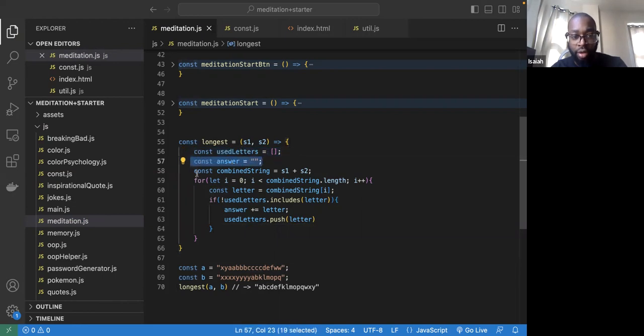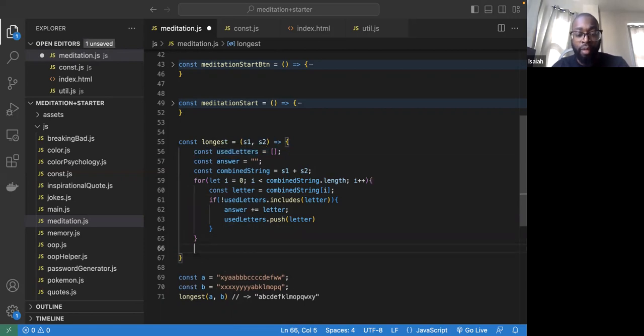Okay, cool. We have the answer here. We combine both strings. We're looping over the combination of both of these strings. Every time we get to a different index, we get to a different letter in that string. We save that inside of the variable here. Then we check to see if that letter is already inside of the used letters array here. And if it's not inside of it, we'll add that letter to the answer here. And then we'll push that letter inside of this array so that when we check it again, we don't run into that issue again. And then what we'll return actually is the answer